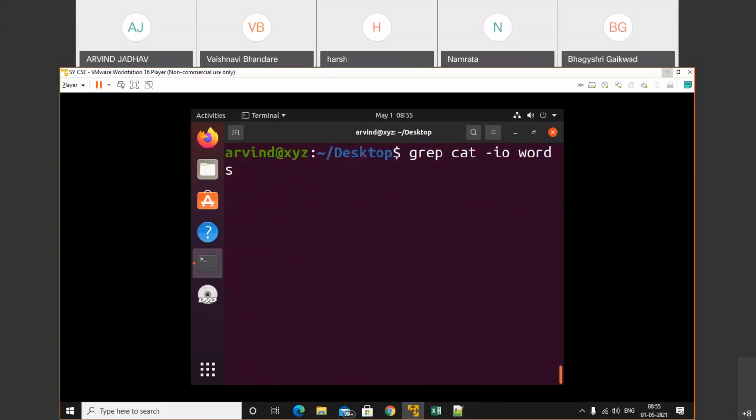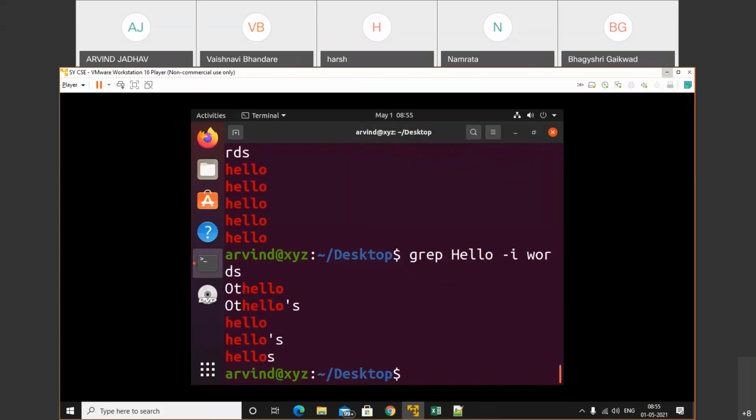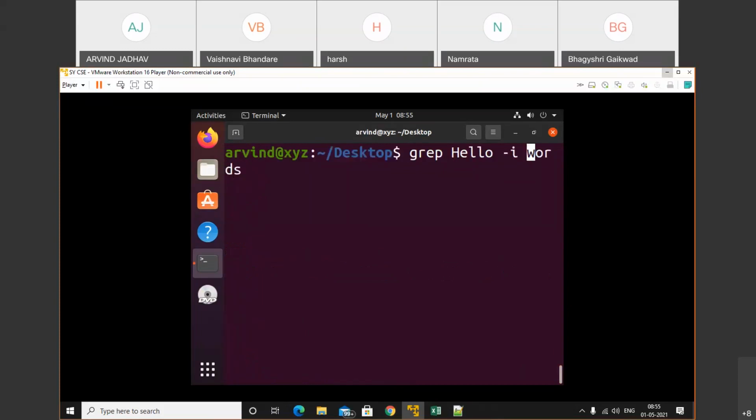Different words. Yeah, all the words are in smaller case, so that's why it's not able to find it. So let's do the practical to understand that.